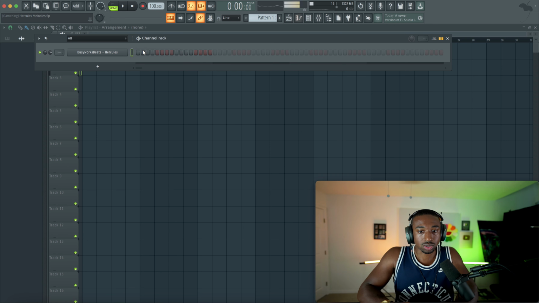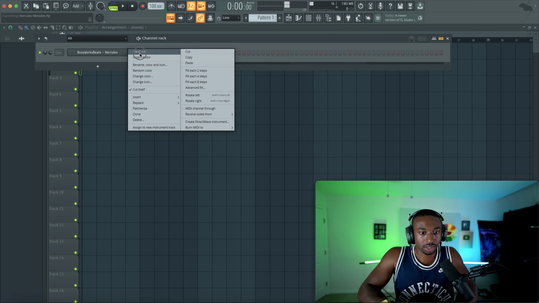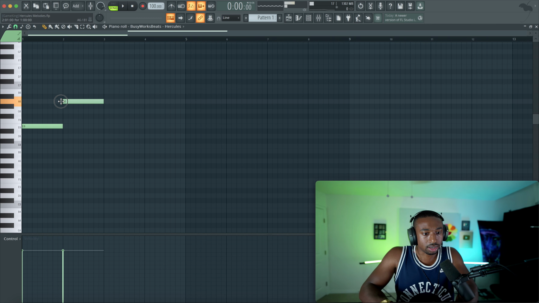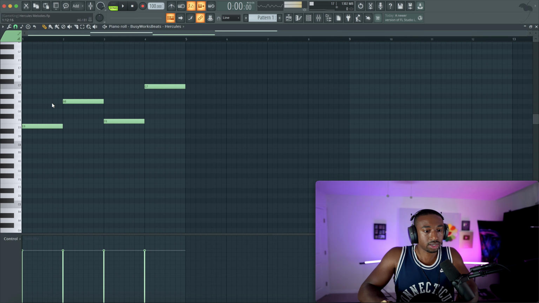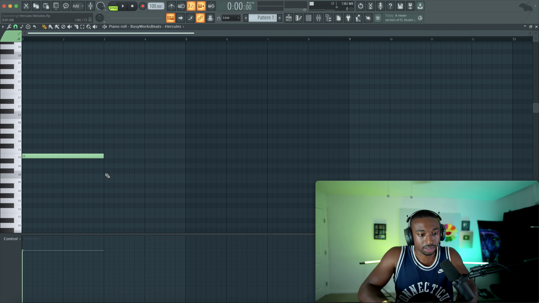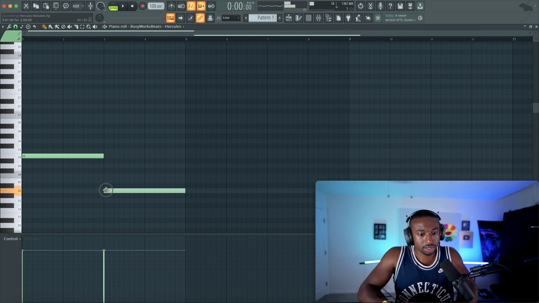Okay, and then let's go to the piano roll. Right click, let's go to the piano roll, and now let's start adding some notes. We're going to be really simple here and just do E. Let's do a higher octave though. And then let's do A. Okay, so really simple notes. We're not trying to get too complicated. In fact, let's actually make this less complicated. Let's do E to A.